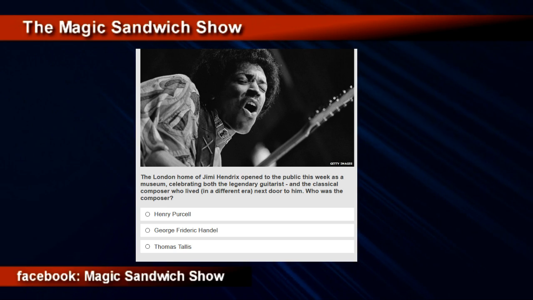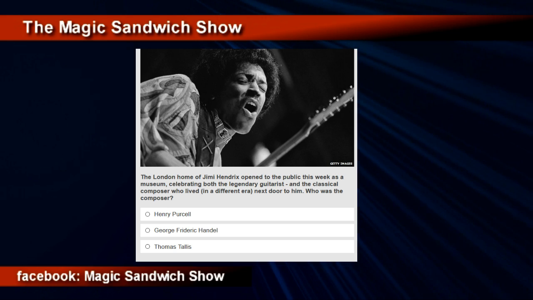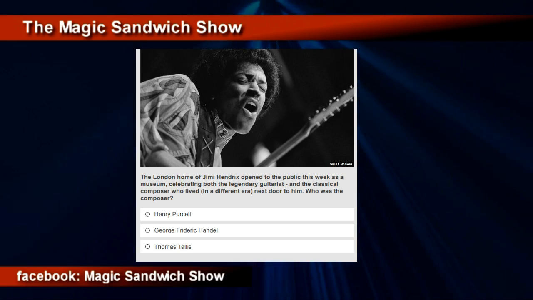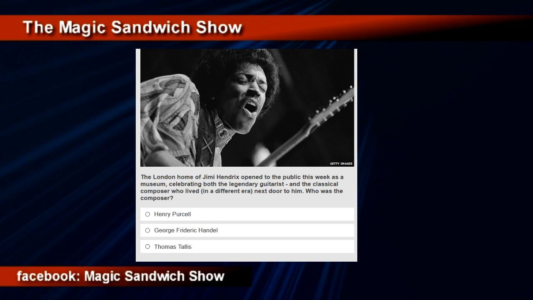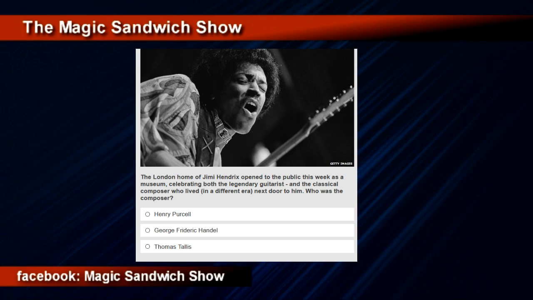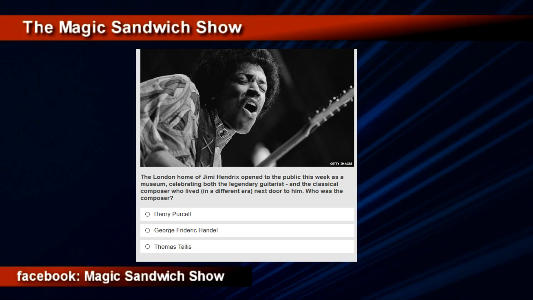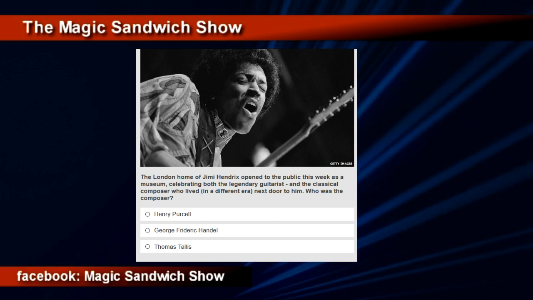The London home of Jimi Hendrix opened to the public this week as a museum celebrating both the legendary guitarist and the classical composer who lived in a different era next door to him. Who's the composer? Oh, I feel I should know this. I have a feeling that Handel may have spent some time in London, but whether he actually lived there...